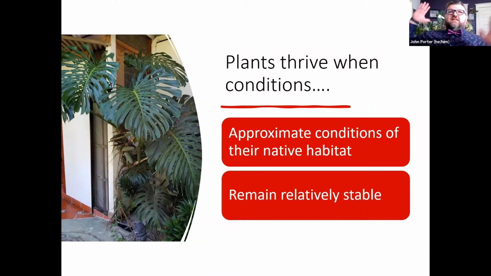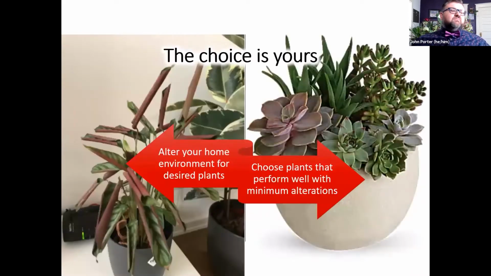I couldn't fit it in this room. It grows in that more tropical environment, and that's where it's happy. So we have to think about approximating that whenever we're keeping our houseplants happy at home. But really the choice is yours. And we see this a lot of times if you buy houseplants that require lots of alteration to your home environment.